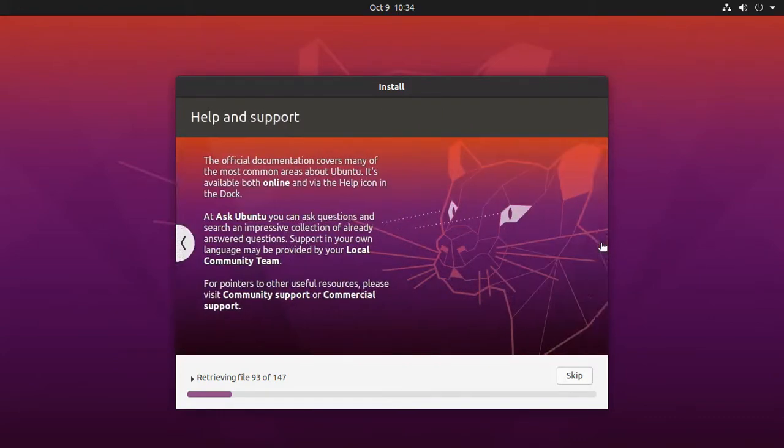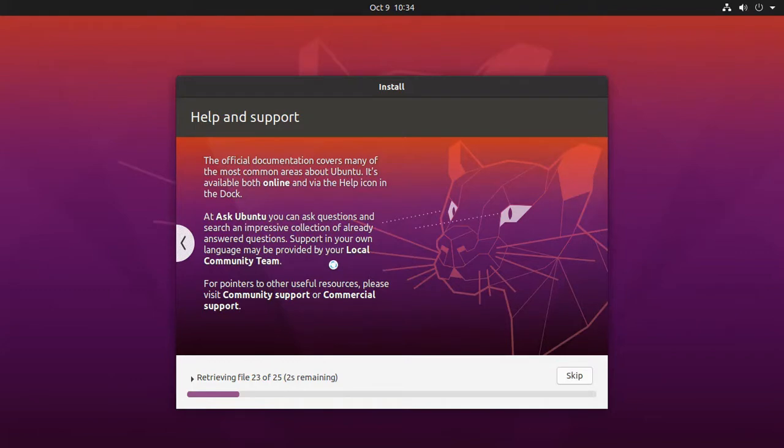And help and support is also there. The official community documentation covers many of the most common areas about Ubuntu. It's available both online and by a help icon in the dock, at Ask Ubuntu. You can use this also, question answers and the local community team.